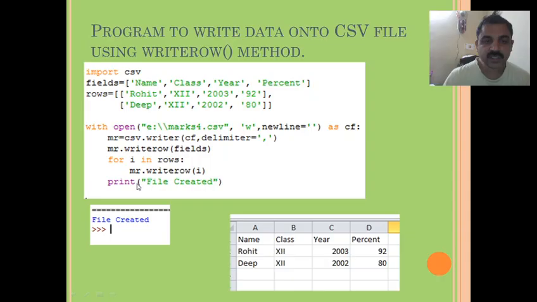After that we just display a file created message. So once you run this program, you get the message file created, and if you open and see it in E drive, you will have a file called marks4.csv which contains the records with the fields. This is how you write to a CSV file.